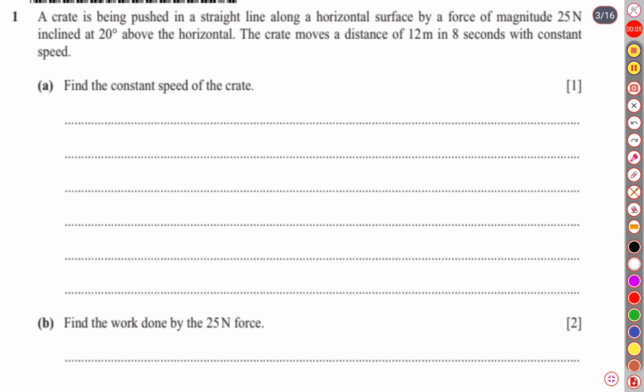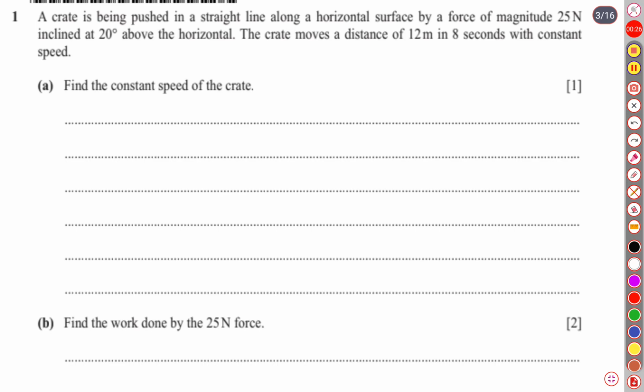Today we are going to solve a question paper of Mechanics 1, and the code number of this paper is 9709/42 for the session May June 25. Let's start our session with the first question. First question says